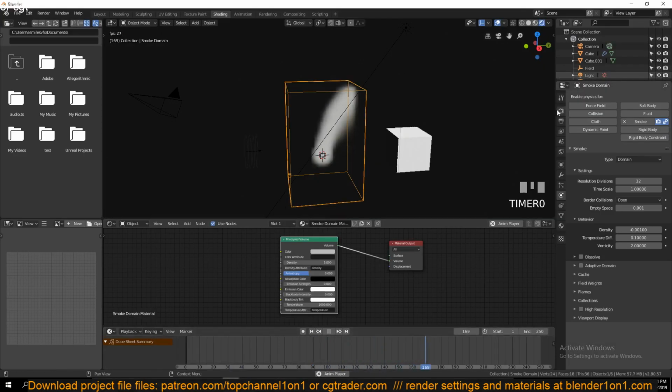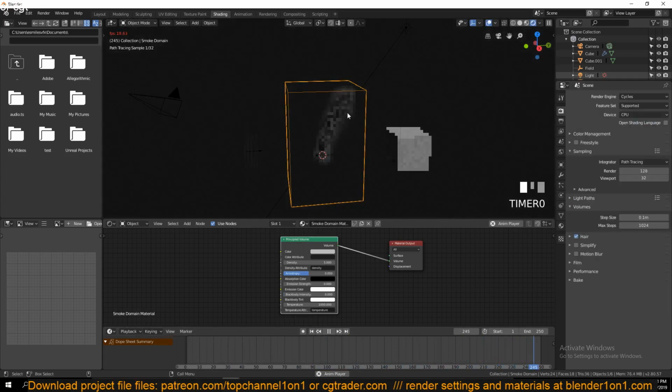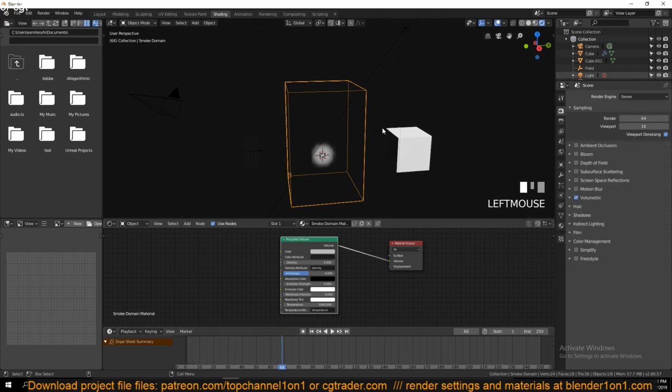If you change to Cycles, you can see you have better results, but they take a little bit of time to render, and it's also computer intensive, and since I'm recording while I'm doing this, I don't want that to be the case. So let's just use Eevee and try to